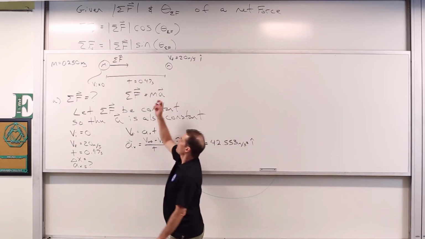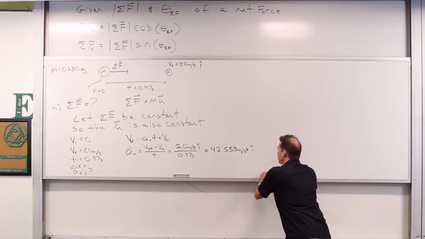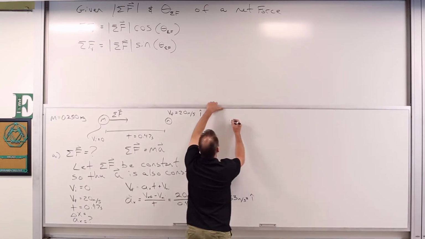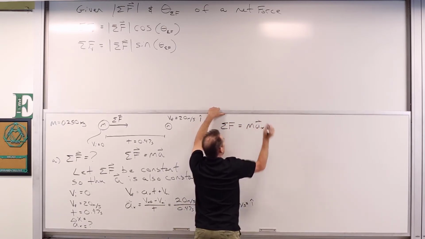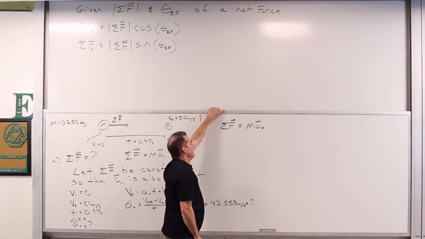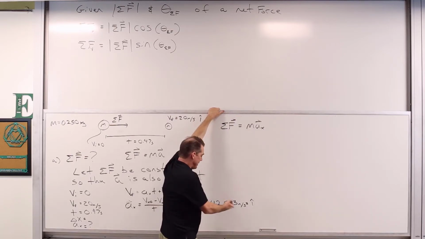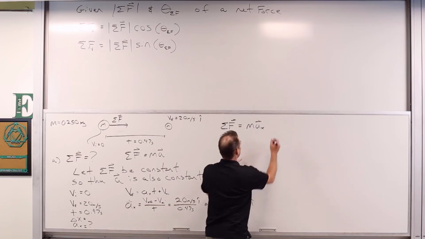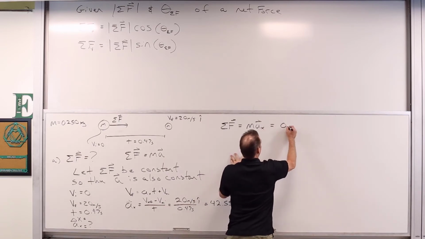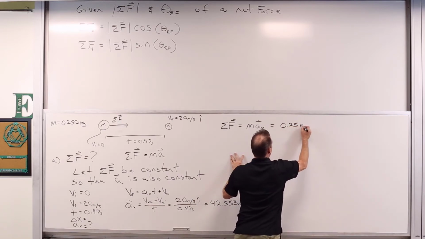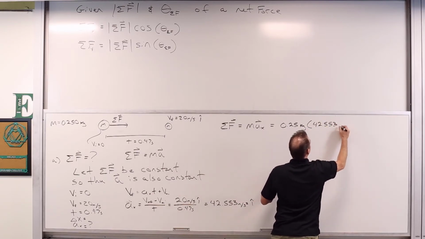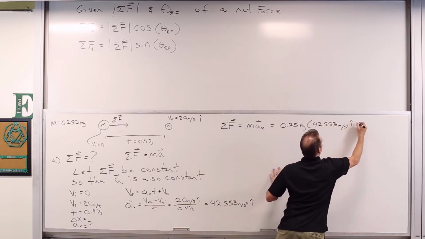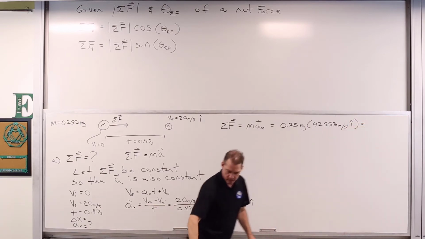Once we know the acceleration, we can figure out the force. So we've got that the net force is equal to m a sub x hat. Well, what do we know? We know what a sub x is, and we know what m is. So this is going to be equal to 0.25 kilograms multiplied by 42.553 meters per second squared, I hat, which gives us